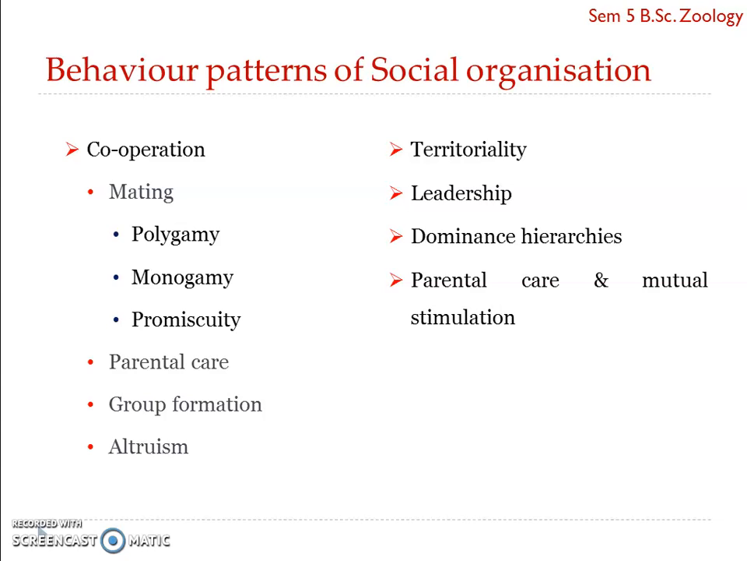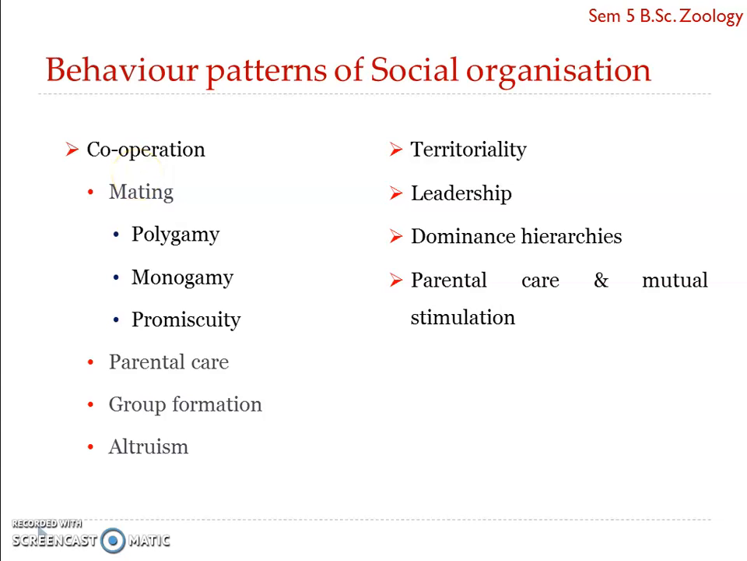And here you can see that they do exhibit division of labor, leadership, and altruism. The commonest cooperative patterns of behavior include mating, parental care, group formation, and altruism. So here you can see the most common ones are listed here: the mating, parental care, group formation, and altruism. Regarding the mating,